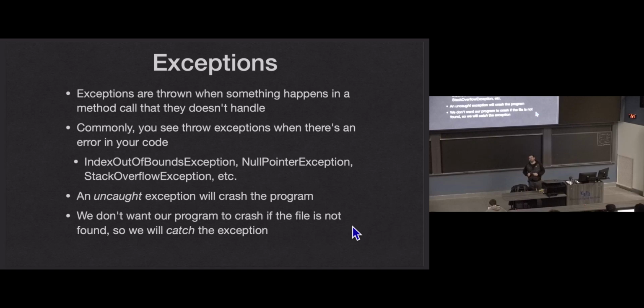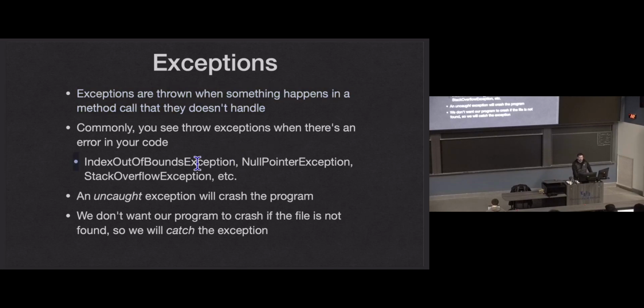So let's talk about what exceptions even are before we move on. Exceptions are thrown whenever a method is called that runs into something that it doesn't handle. Something that the method doesn't do, it has every right to say, I don't do that, and then throw an exception. We have a little bit of vocab to learn here. If a thrown exception is uncaught, the program crashes. And you're seeing this all the time. We've seen quite a few exceptions that are thrown and uncaught.